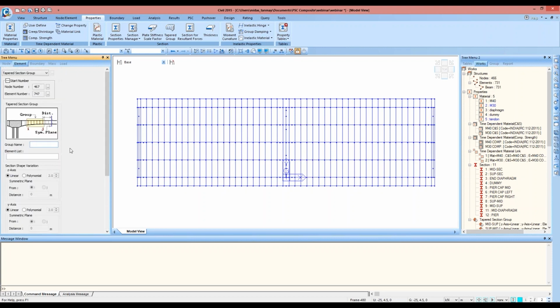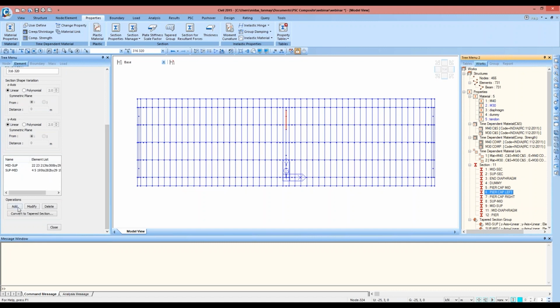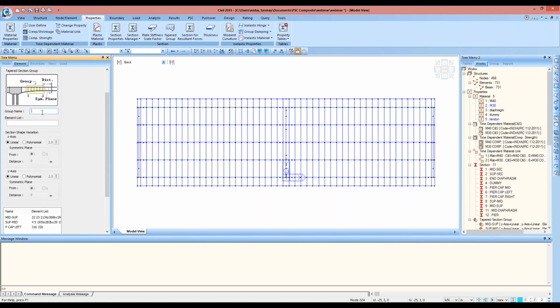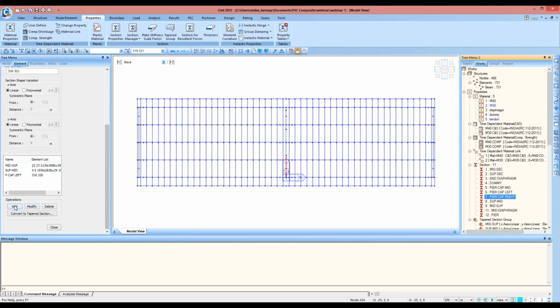The same exercise for pier cap left. The elements list will be this one, and add. One more for pier cap right, and the element list will be this one, and add.